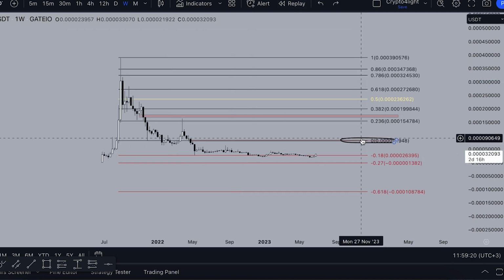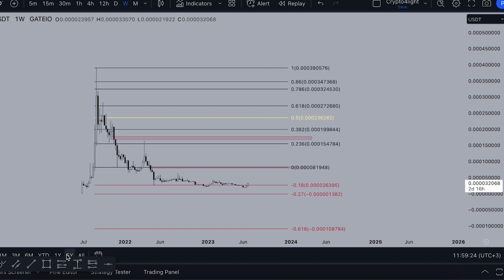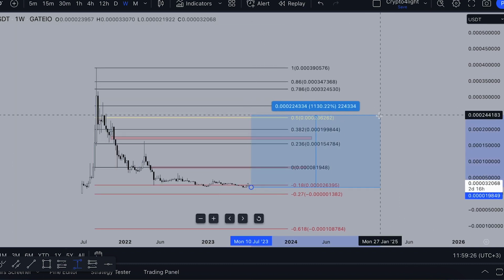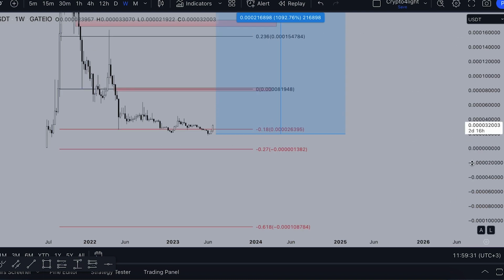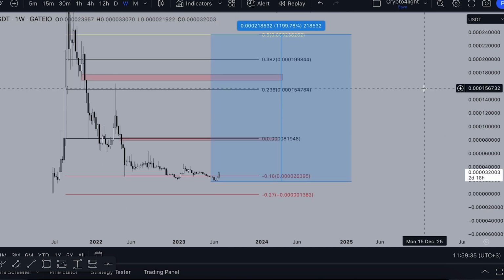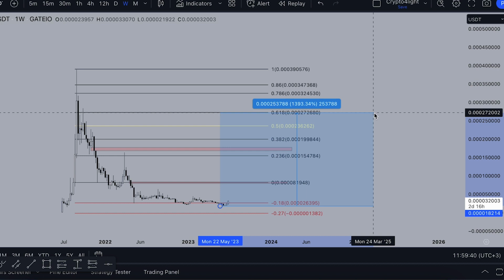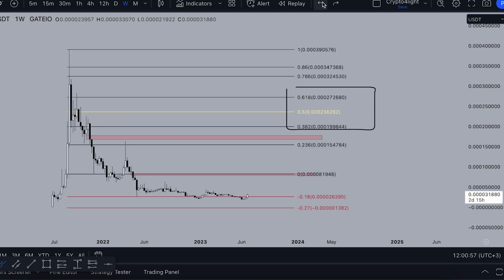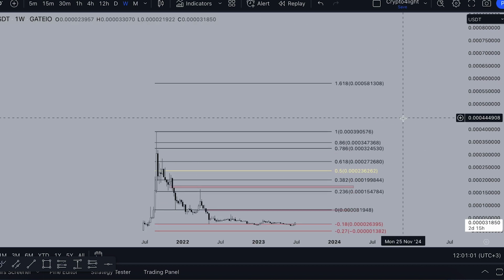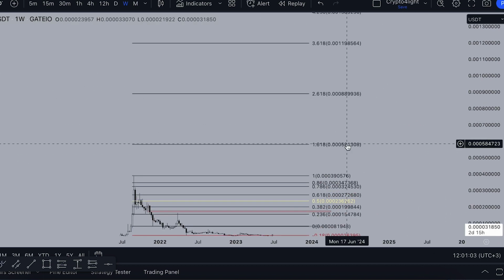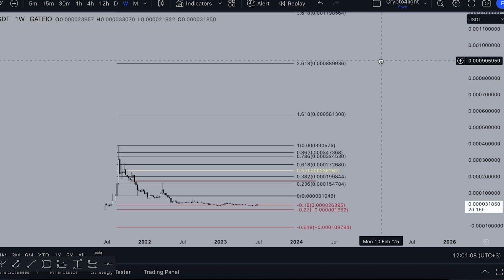Better keep in mind the more conservative price targets for risky altcoins for the next bull run. From the lowest point, for example, to the 0.5 level by FIB correction, it can be around 1,000% gains, 1,200 to the 61 level by FIB, it can be around 1,400. But don't build some crazy unicorn dreams about a new all-time high over the 1.61 level by FIB or 2.61 or even 1 cent or something.